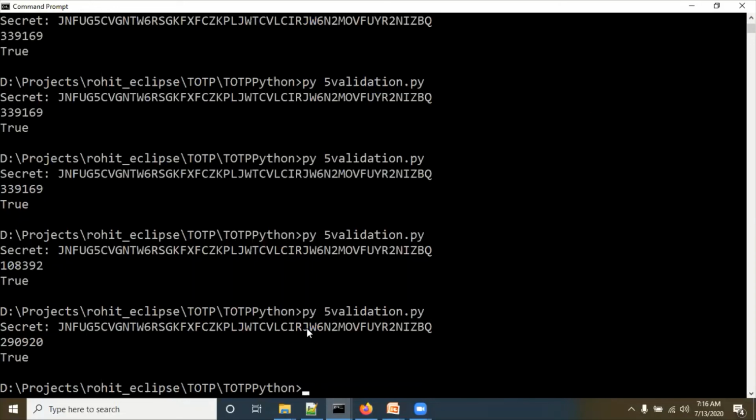Google Authenticator will generate the same TOTP that we are generating in our system, because both algorithms are the same. I am unable to show the mobile Google Authenticator app, so that's why I'm showing Python generating the TOTP. We have to use this TOTP and put it into our OpenAM page.